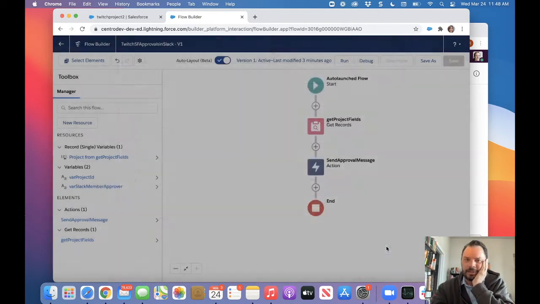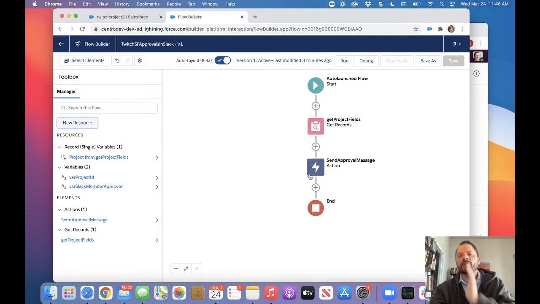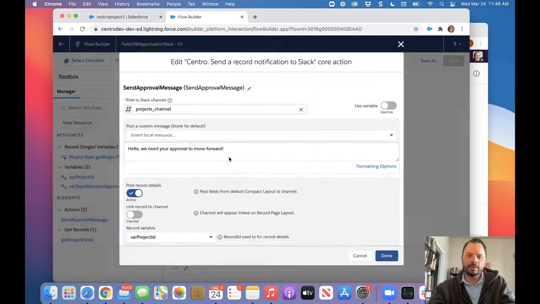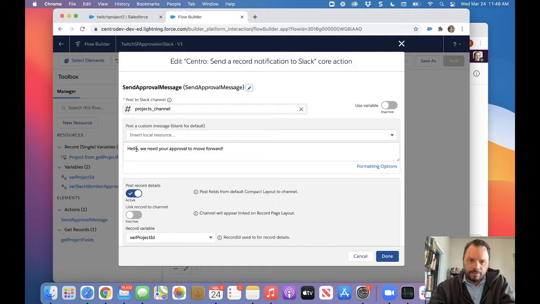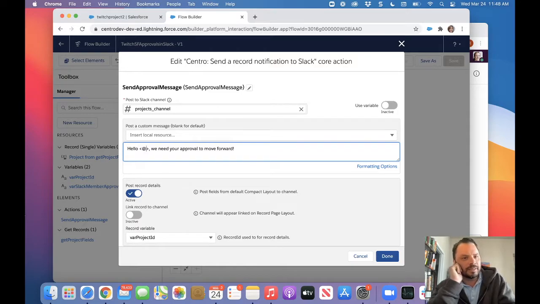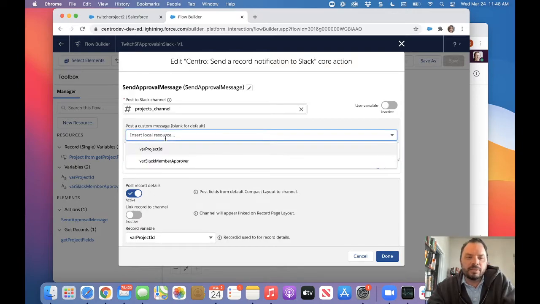And that's our Slack user ID. So we've got our variable. We're going to then update this message. Hello. And how we do a message to Slack, it requires these carets plus the @ symbol. They're not brackets. They're greater than, less than signs with the @ symbol, and then we'll insert our